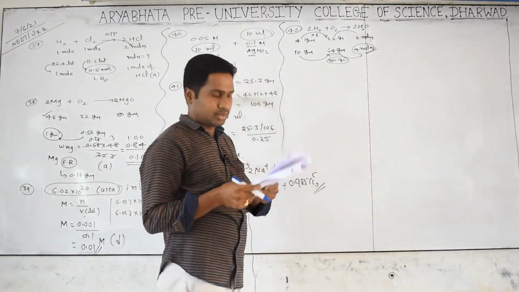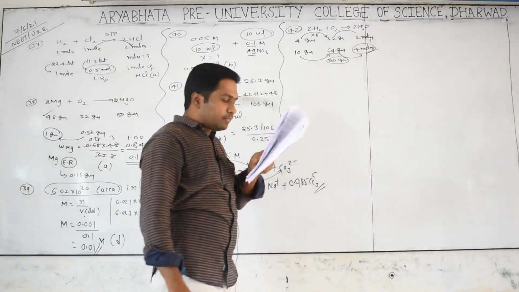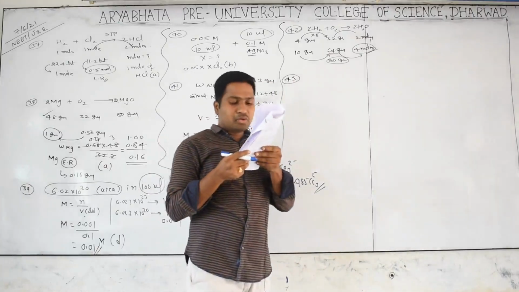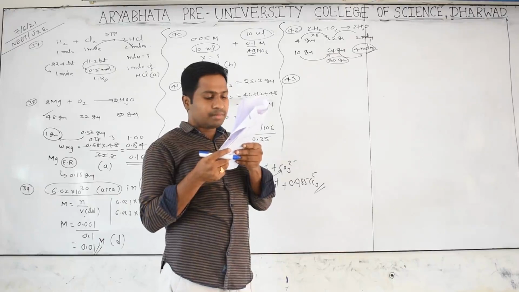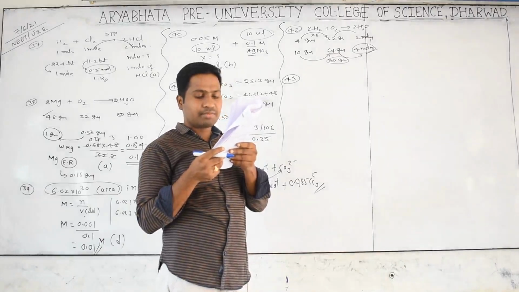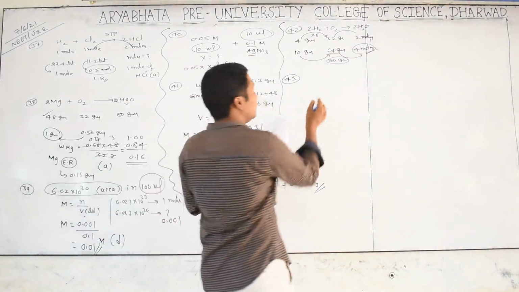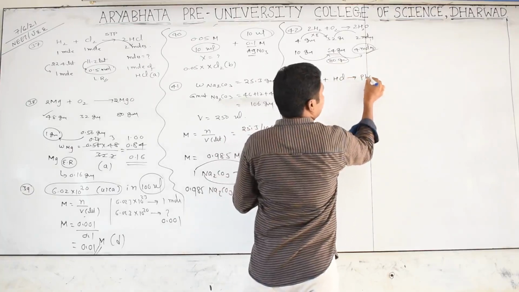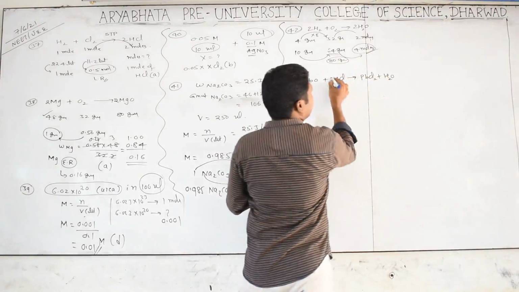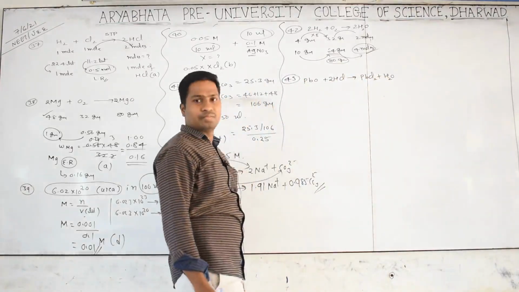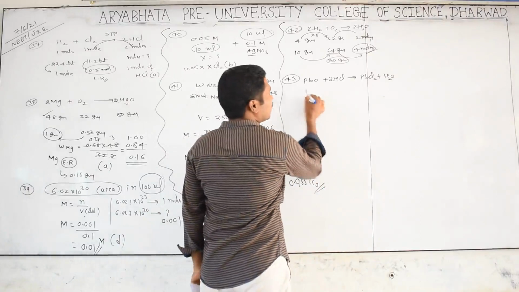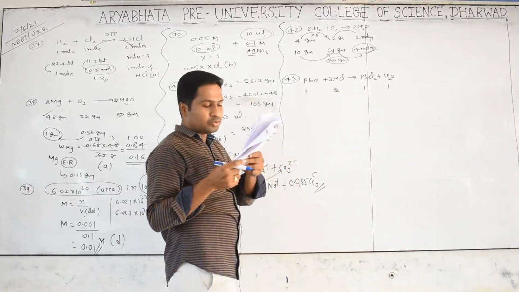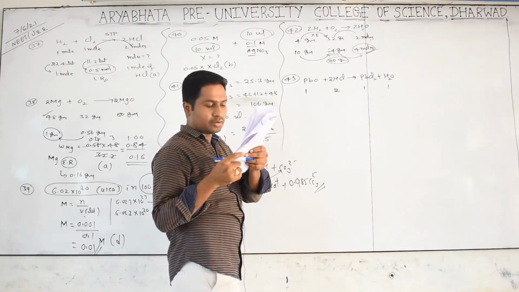Very simple. Did all of you understand? Go for the next one, question 43. How many moles of lead 2 chloride will be formed when 6.5 grams of PbO reacts with HCl? Do the reaction: lead oxide plus HCl gives lead chloride plus H2O; take 2 moles here, PbCl2 plus H2O. First of all, 1 mole combines with 2 moles to give 1 mole and 1 mole. But what is given to you? How many moles of lead chloride is asked.